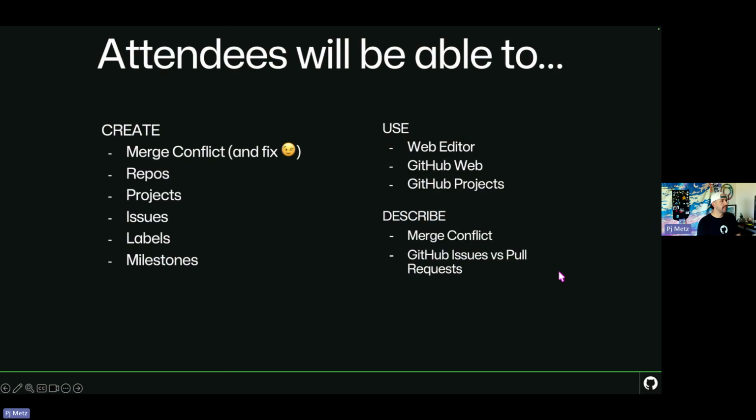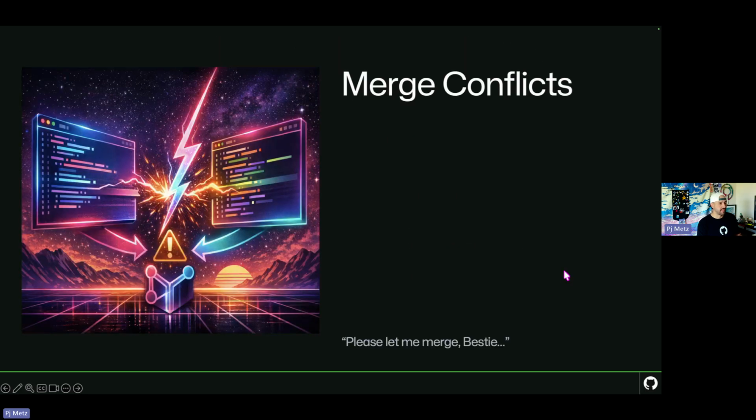So let's get right into the merge conflict. A merge conflict is when Git doesn't know what changes you want to keep when you're doing a merge. And remember, the merge is the moment where you've got two branches, right? There's the main branch and then your branch that comes off of it. That's like a feature branch or something, and you're adding commits, and eventually you're going to merge that back in.